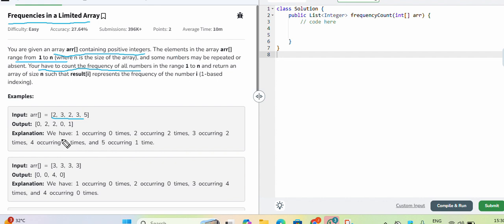That is, we have to calculate the frequency of the elements in the array. Our task is to find the frequency of all the numbers. Now we have to count n numbers. That is, the given array is